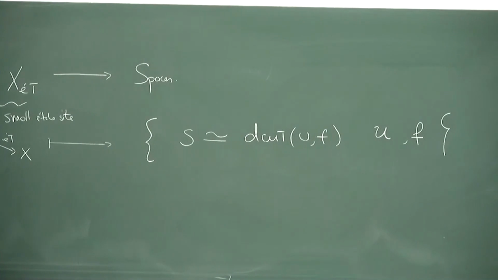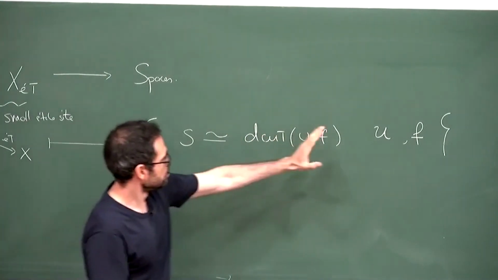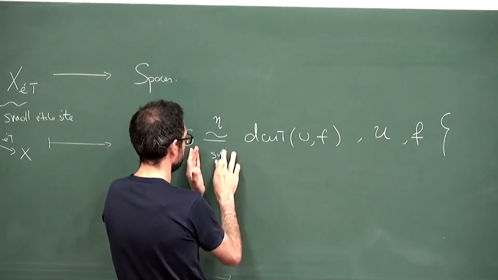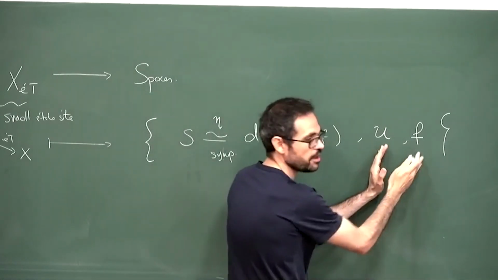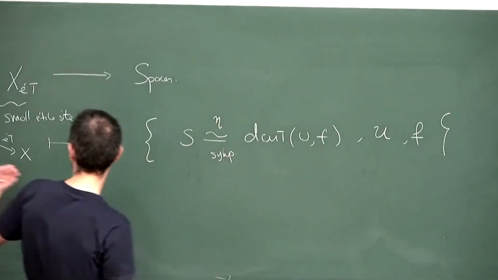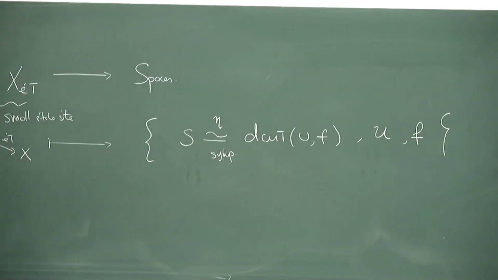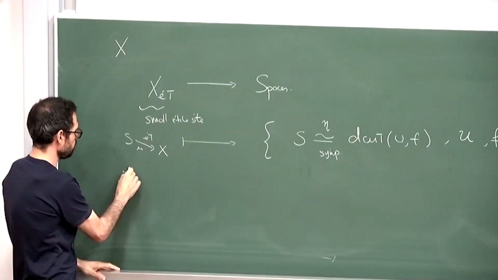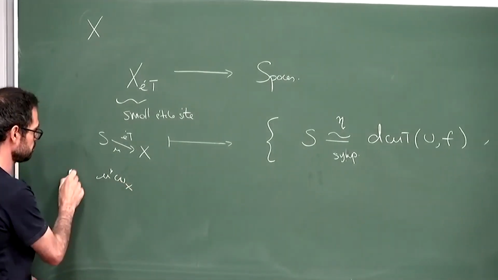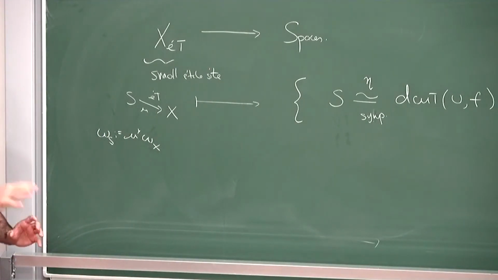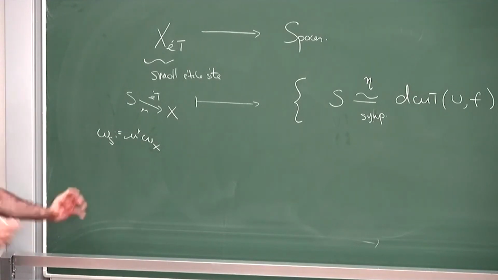So the first thing is that if you just define this like this, the data here is a symplectomorphism, a U and an F. This is not even functorial if U is just a scheme. Because if I have an étale map over S, I don't know what to pull back. No, X is given a symplectic form, and S is given the symplectic form given by pullback. So on every étale neighborhood, I restrict my form. I'm given the symplectic structure on X.